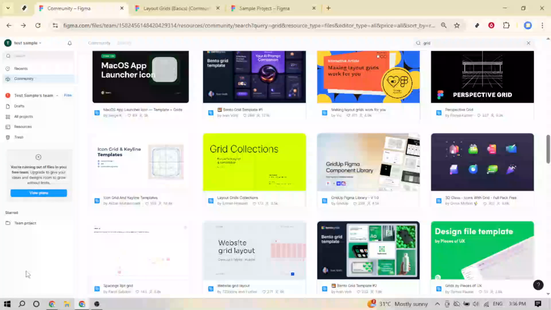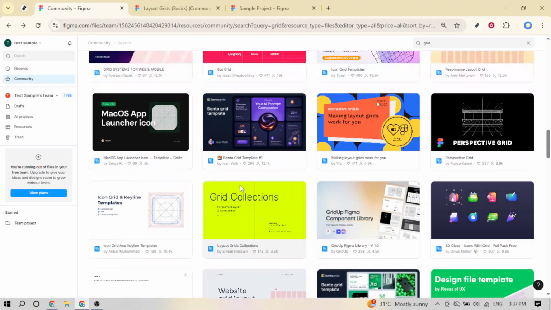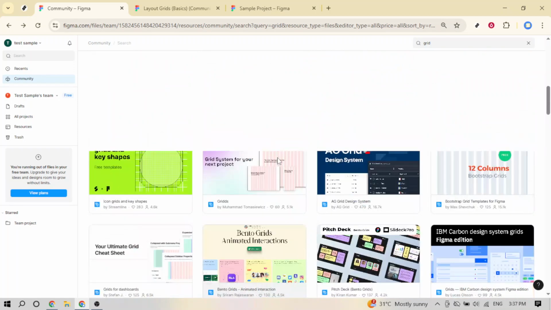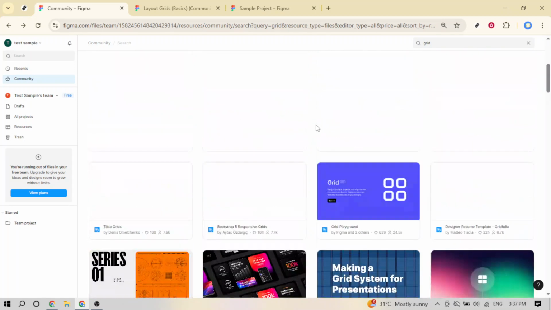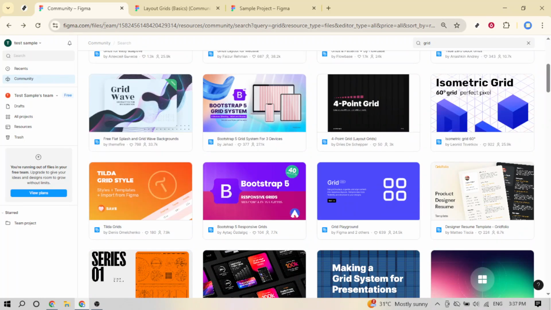In today's video, I'm going to teach you how to add and customize layout grid in Figma. If you're designing interfaces, a layout grid is your best friend for keeping spacing consistent, aligning content, and building responsive designs that feel intentional. Start by heading to figma.com in your browser and sign in so you can open and